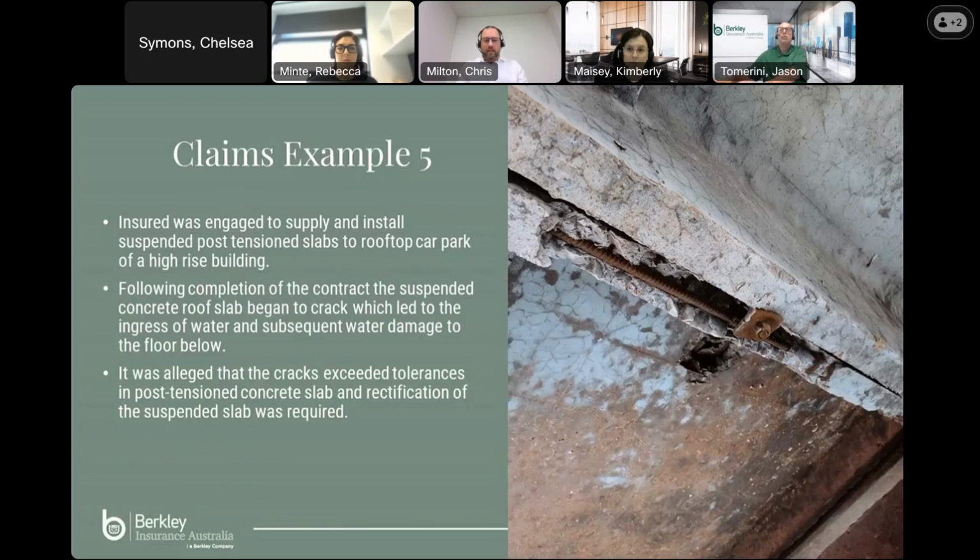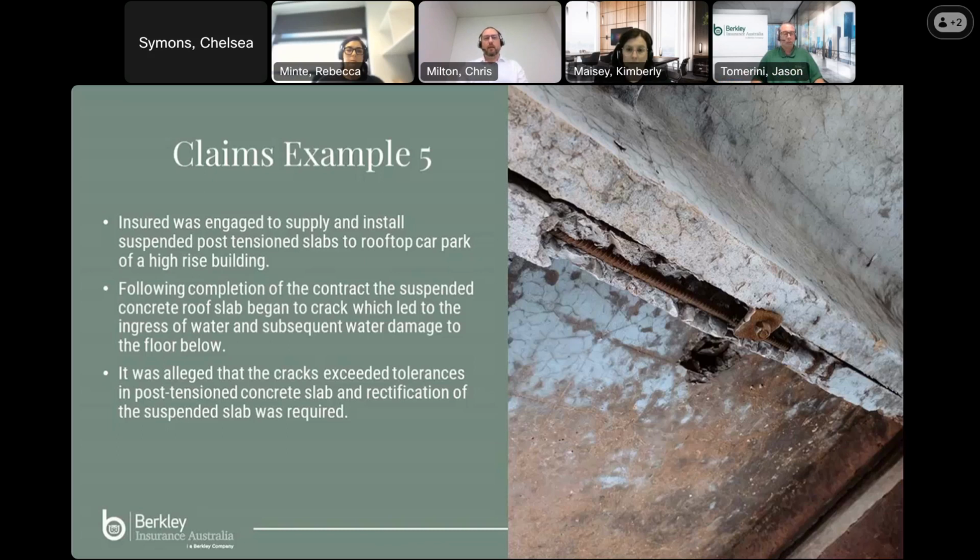So our final claims example was a claim where indemnity was granted. The insured was a commercial builder and was engaged by a third party to supply and install suspended post-tension concrete slabs to a rooftop car park of a high-rise building. Following completion of the contract, the suspended concrete slab began to crack, which led to an ingress of water, and the water subsequently travelled through the cracks in the slab and down to the level below,